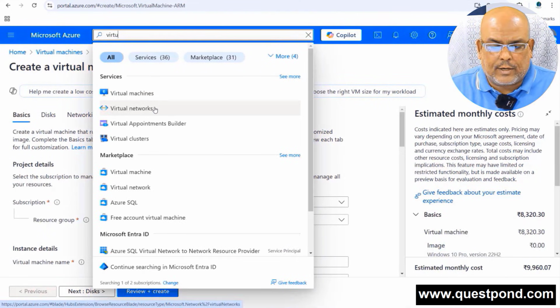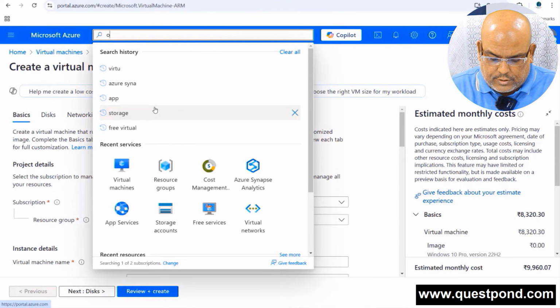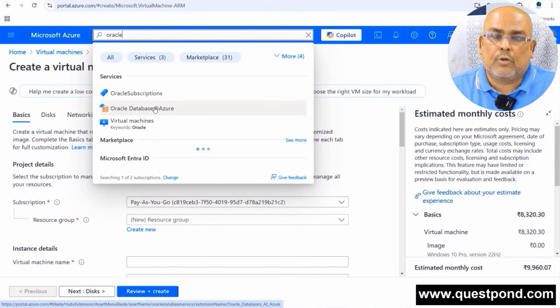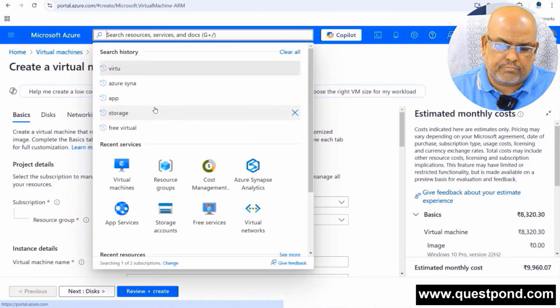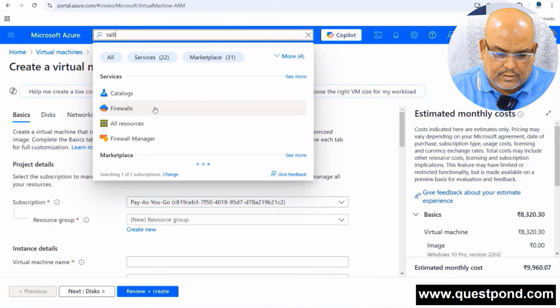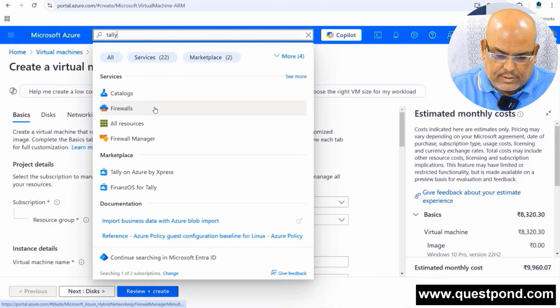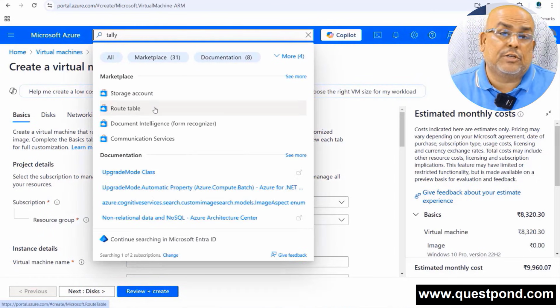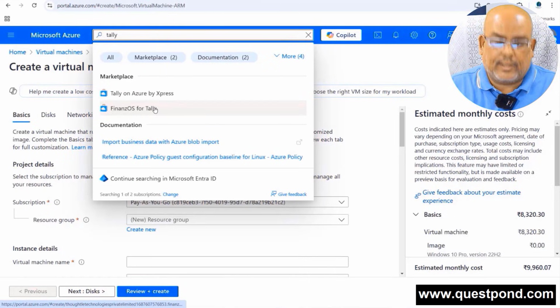basket. Okay, can I get Oracle? Oh, why not? Go ahead, search for Oracle. There it is. Okay, can I go and get, let's say, can I get some kind of, I don't know, Tally? Tally is an application which is used for accounting. There it is. So what I'm saying is, if you look at the services provided by Azure, it is way